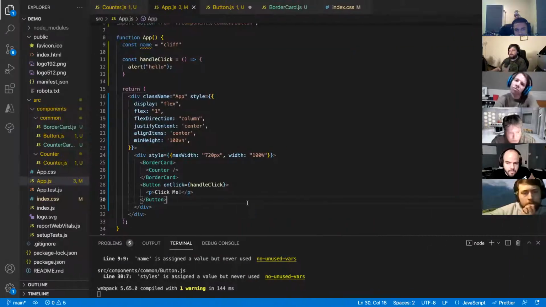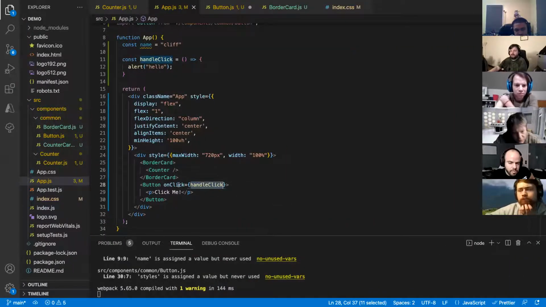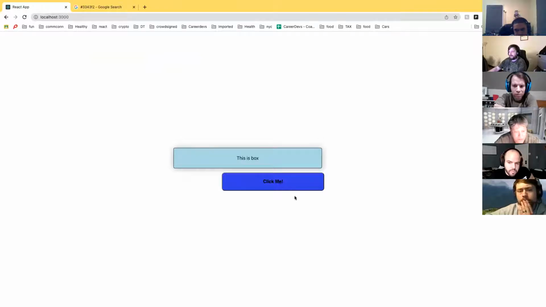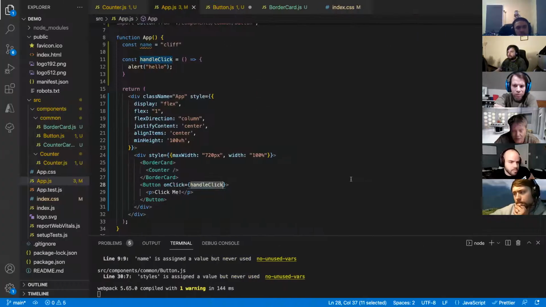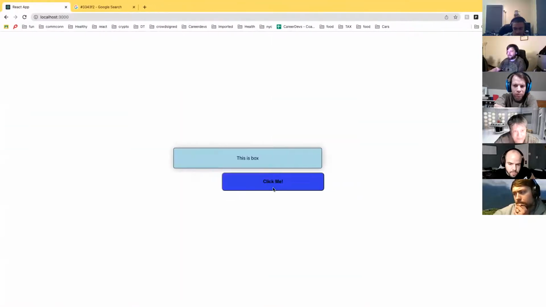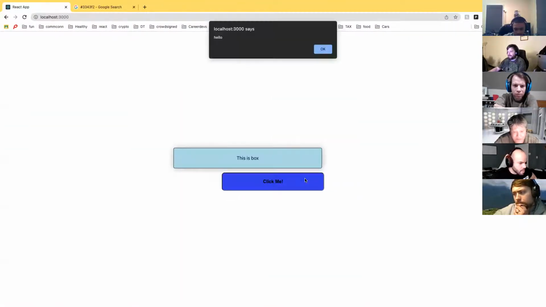I'm now sending down a function that can be executed by onClick. This is me passing the function down to onClick to be used. So I'm going to send a reference to that function, so when onClick triggers, onClick will run this function. Now that I have that, if I click it, it won't work. I thought I saved. Oh wait, I didn't save my button code. So my onClick here isn't saved yet. Second, there we go. Now I click it, there it goes. Click it again,